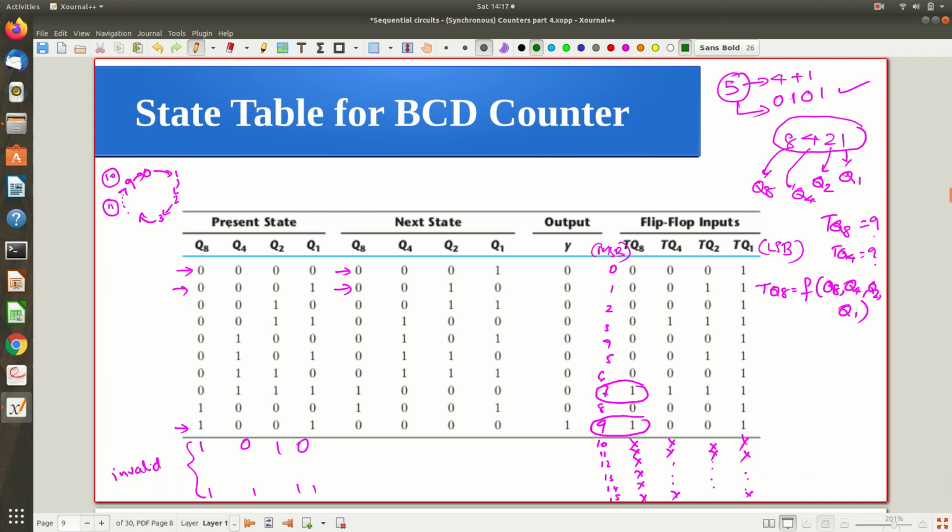Sometimes I may give you some random sequence, like I want to count 0, then 1, then 2, I don't want 3, I want 4, then I don't want 5 and 6, I want 7, like that. They can give you any sequence. So given any such random sequence, are you able to come up with the counter for that? That is a topic of interest, and we will see that in the next slide. We will see how to come up with a counter where some of the in-between states are invalid, or are not part of the final